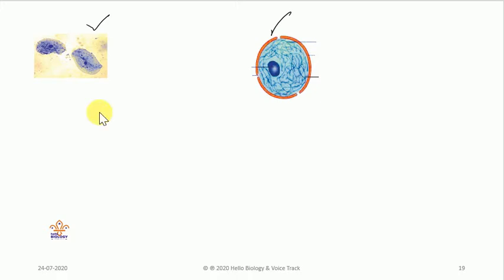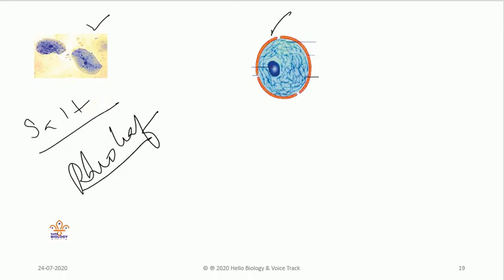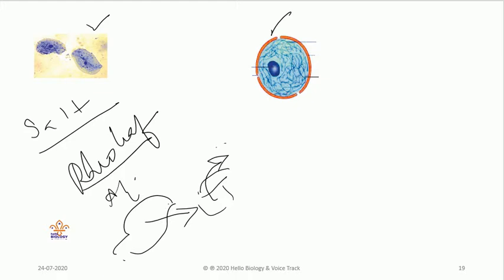When we put a salt solution over a peel of a Rheo leaf, which we discussed earlier, it is an aquatic plant, and the water present inside the Rheo leaf cells will come outside. This results in shrinking of the cytoplasm along with the cell membrane. The water comes outside, and the outer border of the colored area is called the cell membrane, and it is also separated by the cell wall.